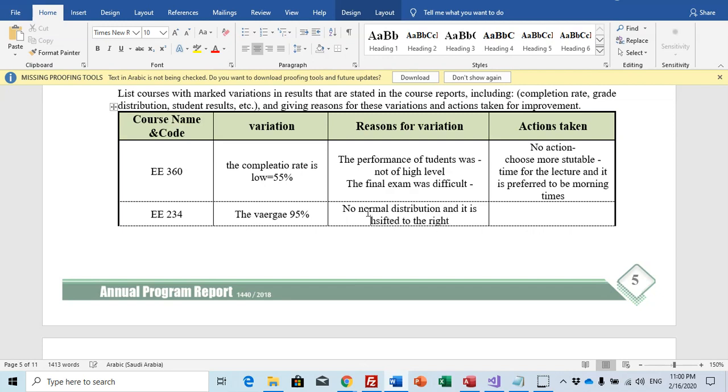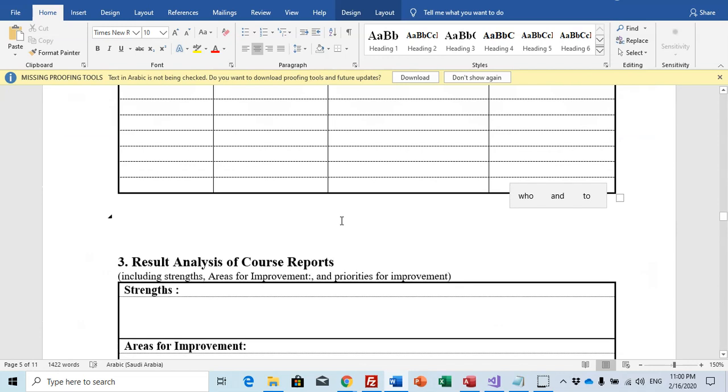Okay, what is the action? No action due to the low number of students, for example, and so on for every course.